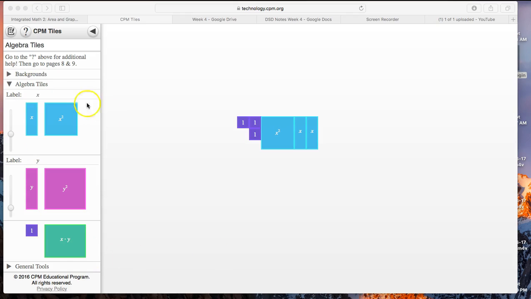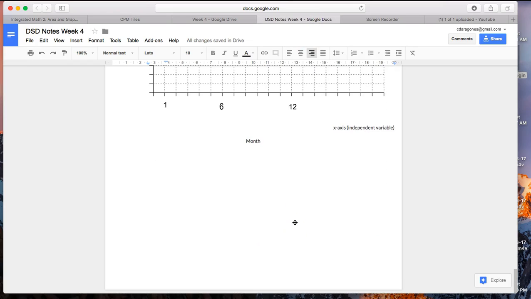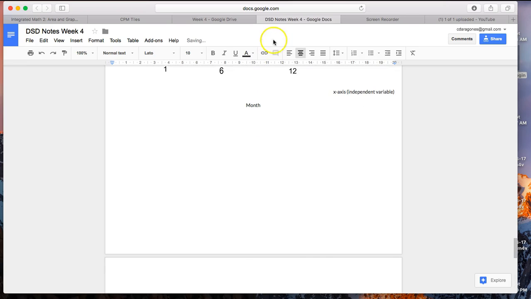All right, so hopefully you were able to drag your tiles on the left side to create the polygon that is in the Dream See Do challenge. Then it says go ahead, sketch the polygon in your notebook. So you're going to title this. All right, I'm going to go to the next page here, page 9, and I'm going to call it,